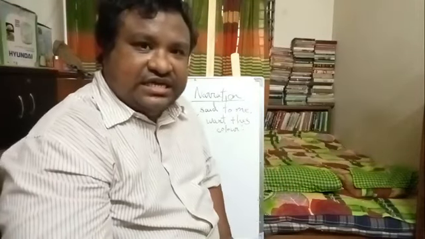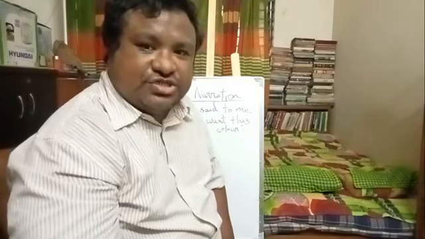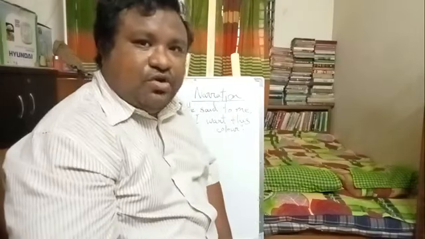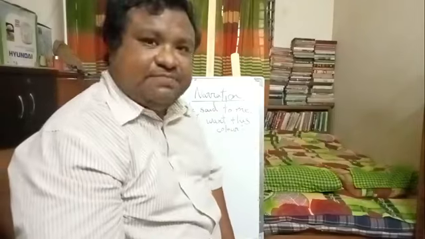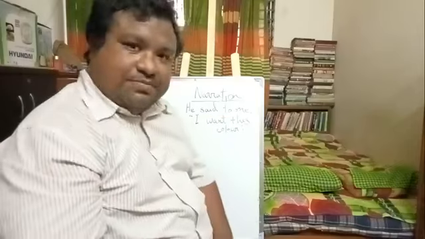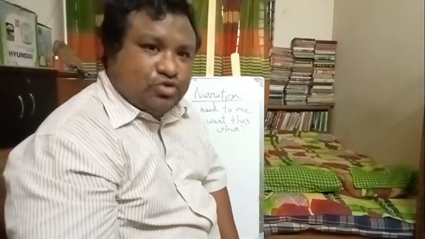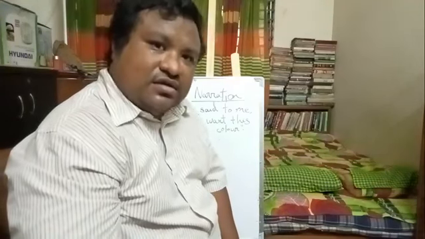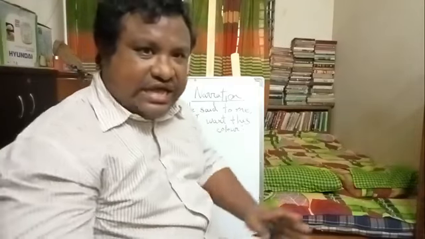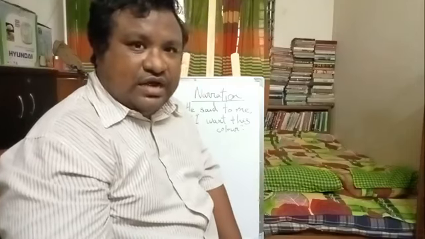Now, it is actually the reporting verb which decides whether, when we are changing a sentence, it will be in the past tense or in the present tense. When this reporting verb, he said to me, is in past tense, ultimately, although the reported speech portion is in the present tense, we have to change it into past one. And we cannot keep the said to as it is. We have to change it also. Here there is a formula.